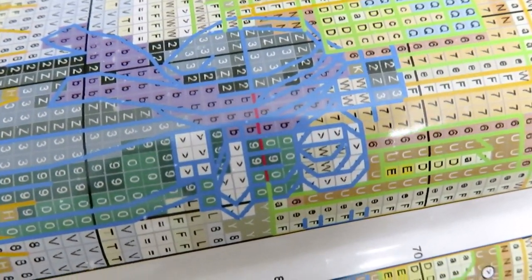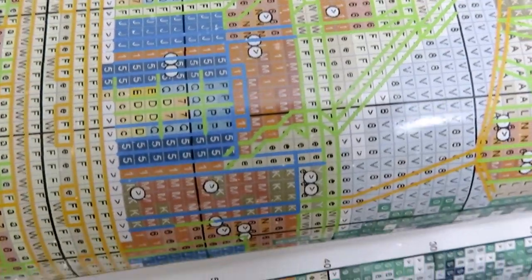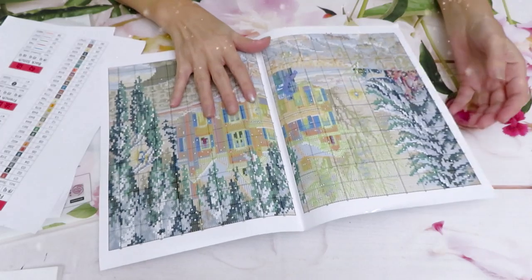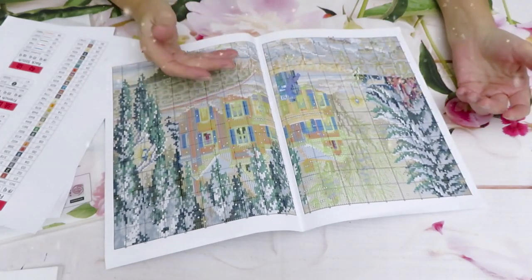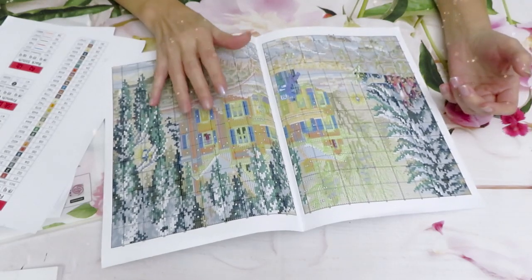He's like have a scarf up there and a hat. Yeah, so lots of work. And the house, everything in the house almost in a back stitching. Tons of back stitching, but it doesn't scare me. I just know the image will look much nicer if you watch me cross stitching and back stitching